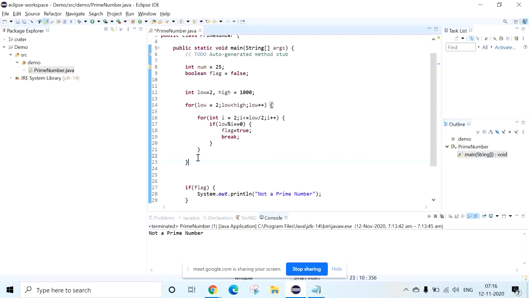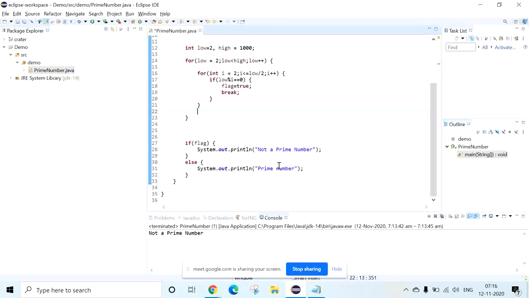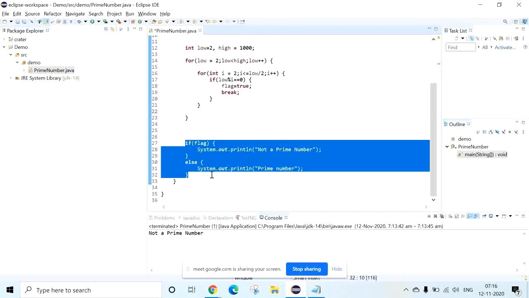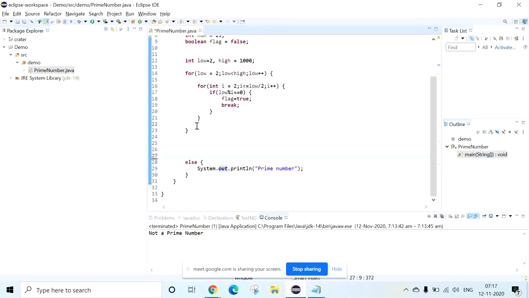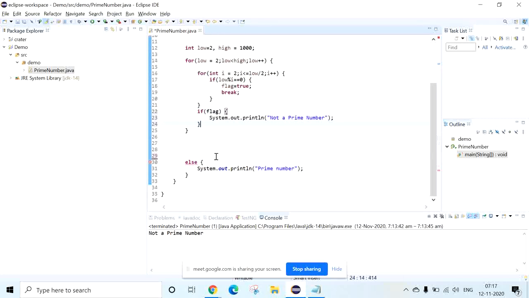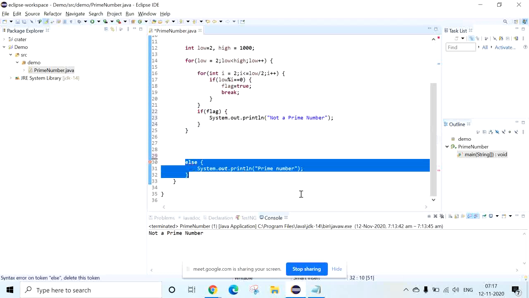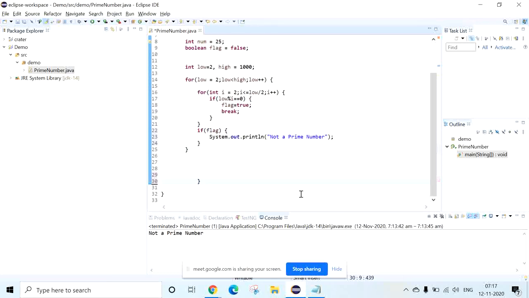Where is the outer for loop? Here we need to check this condition over here. The condition is, we will take only the true part. Okay, put it here, you just remove this. Now you can print the low value.